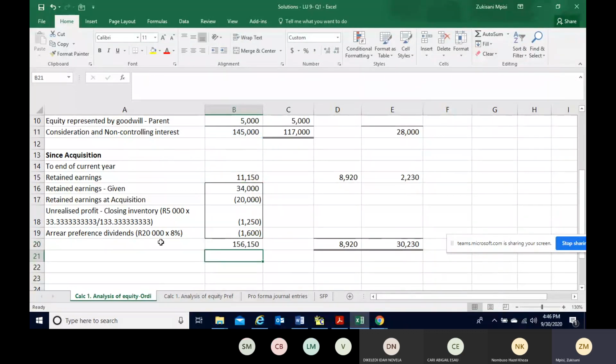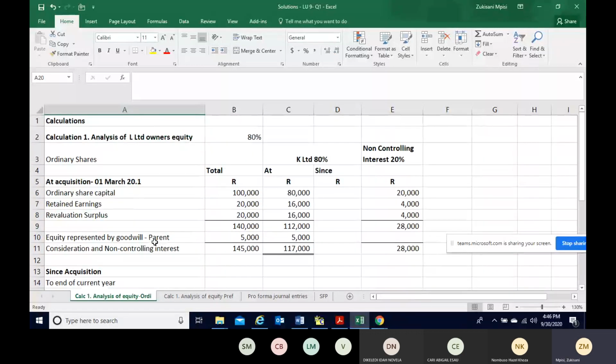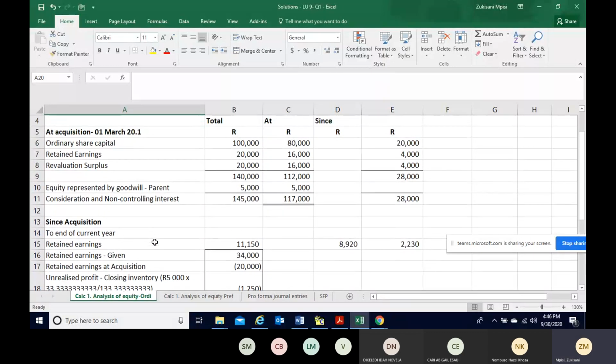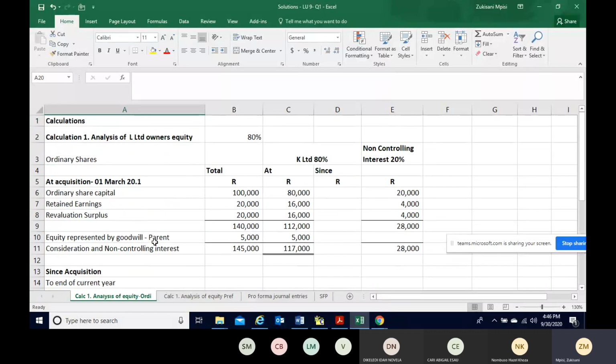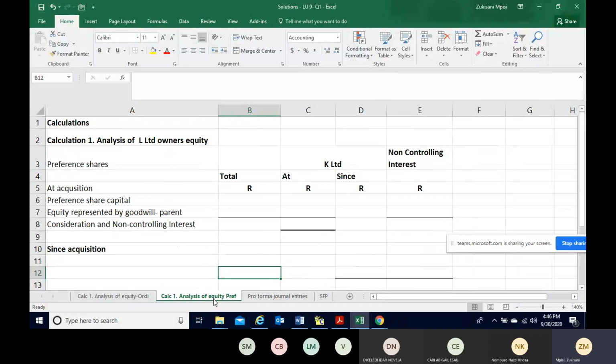So your total assets and liabilities becomes 156,150, and your at acquisition 117,000, since acquisition 8,120, and non-controlling interest 30,230. So now we move on to an analysis of equity